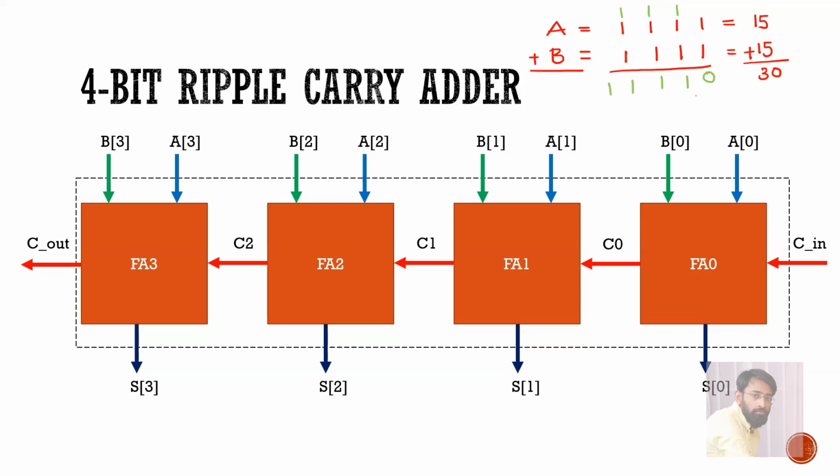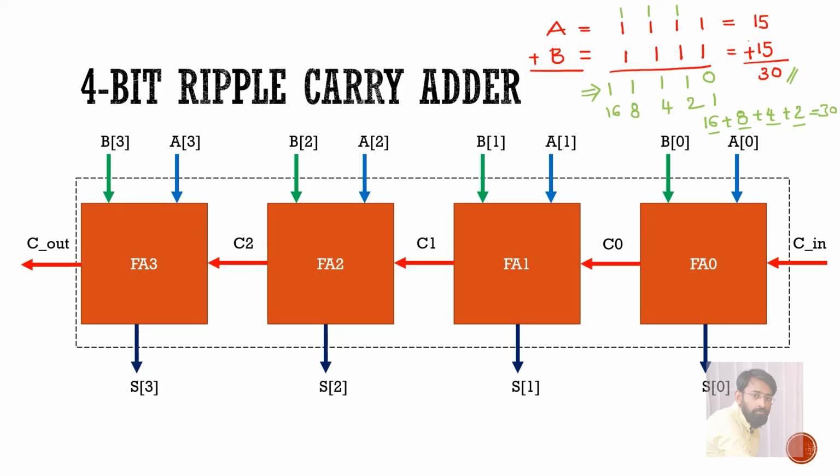So this is the output which I got, and let us check it by using the positional weights. Here the positional weight for this is 2 power 0, which is 1, 2 power 1 is 2, then 4, this is 8, and this is 16. Now try to add them. So 16 plus 8 plus 4 plus 2. Calculate this and check whether you are getting the answer as 30 or not. See here, 16 plus 4 is 20, 28 plus 2 is 30. So this is the answer for two 4-bit numbers.